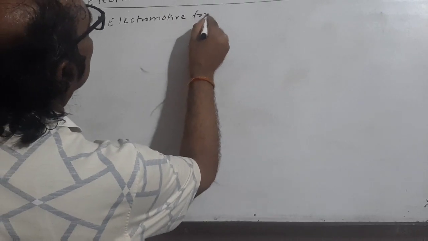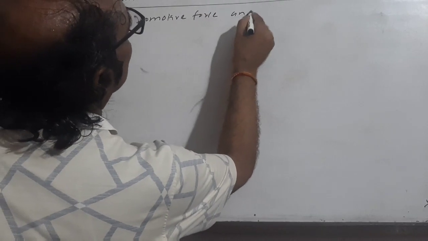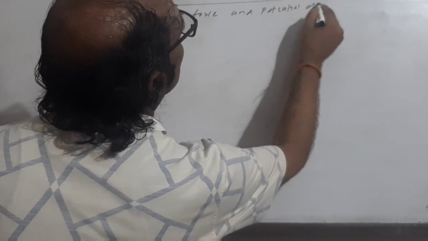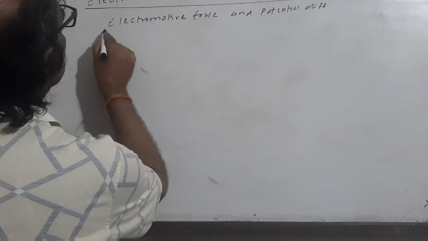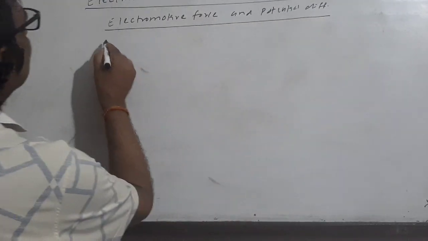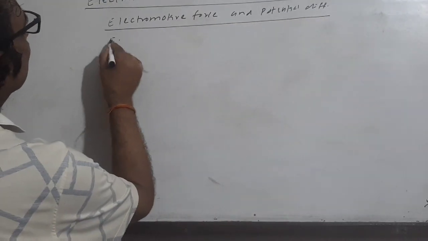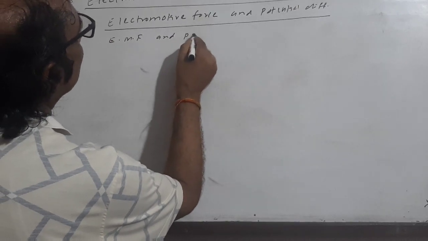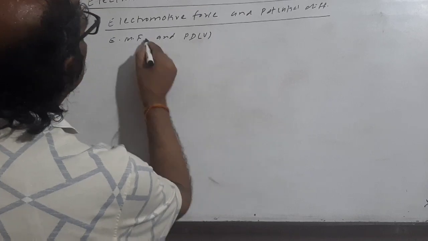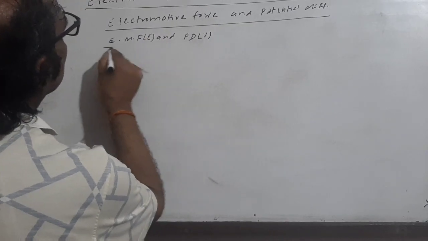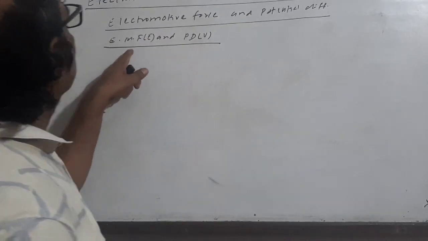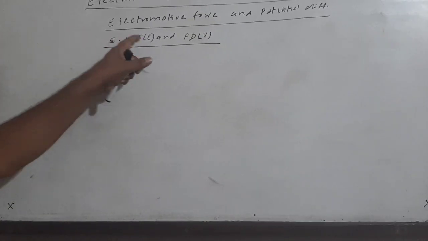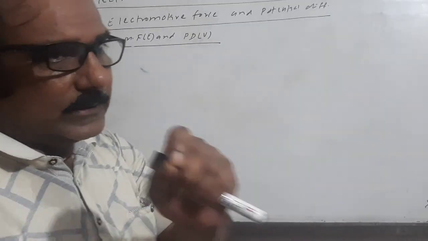electromotive force and potential difference. In brief, they are represented as EMF and PD. It is denoted by E and this one denoted by V. And don't get confused. Here electromotive force E, actually it is not a force but the energy supplied by the